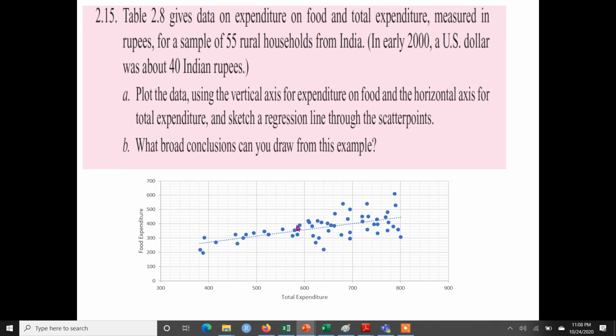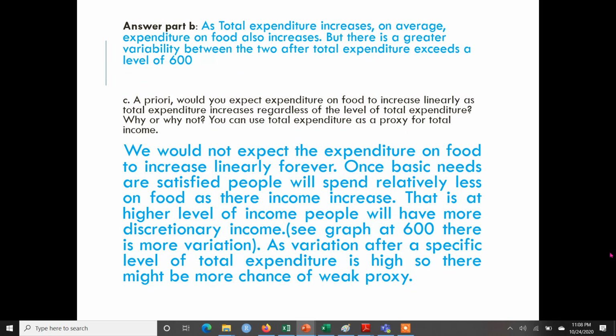before 600 this seems to be linearly increasing. After 600, you can say that it's not strictly linear. It's a mix of points. Some are above the linear line, while others are towards the downside or the lower side of the linear line. So the variation after a specific level of total expenditure is high, so there might be more chance of a